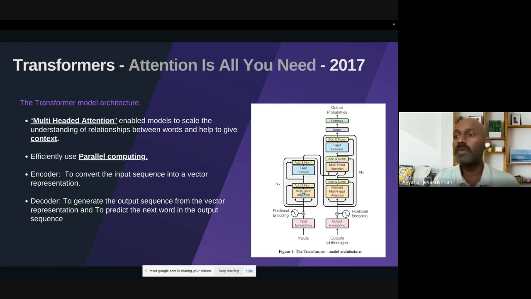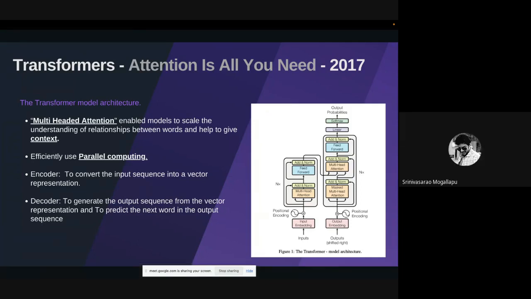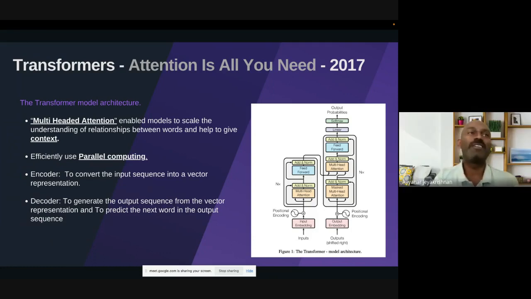Does anybody want to know what a vector is? If anybody wants to know, just message. I can quickly walk through it because that's very important. Yes, Ayana. Yeah, I want to know. Okay, good. I will give you a high level overview because this will set a good context.